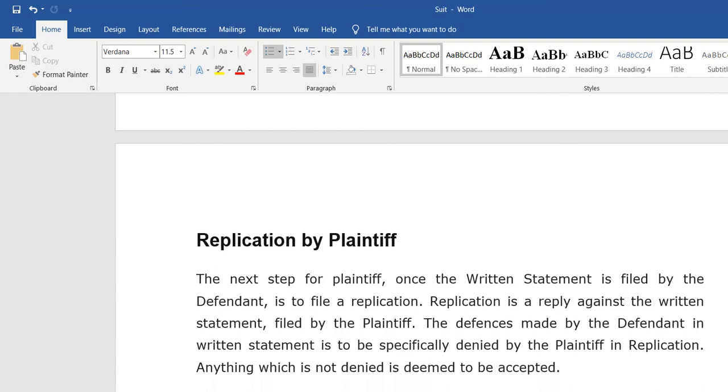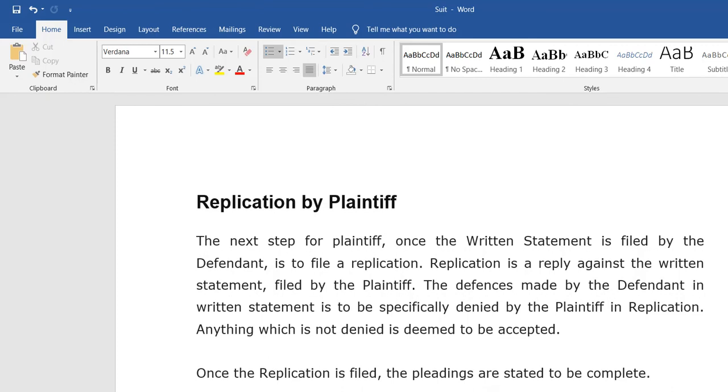Also, the next step is replication by the plaintiff. So, what is replication? Once the written statement is filed by the defendant, the plaintiff has to file a replication, which means this is the step from the plaintiff.